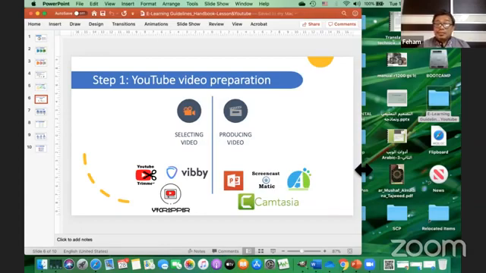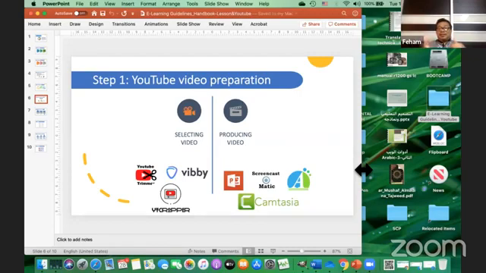You have YT cropper. You have VB. In order to select the video, after you have decided the YouTube video that you want to use, you focus on a certain section of the video rather than the whole content.